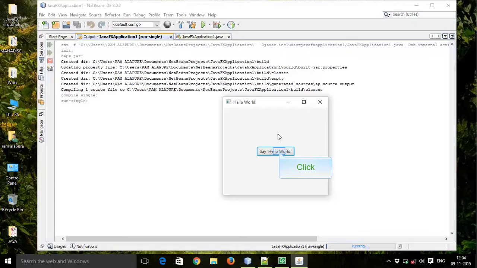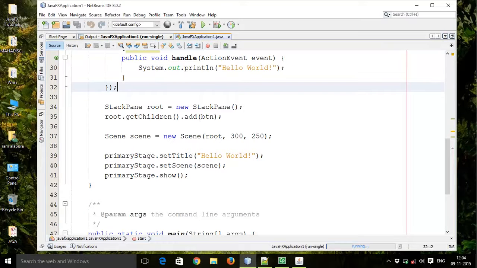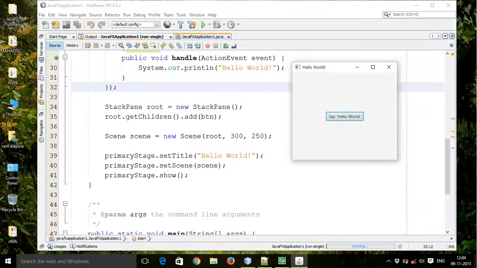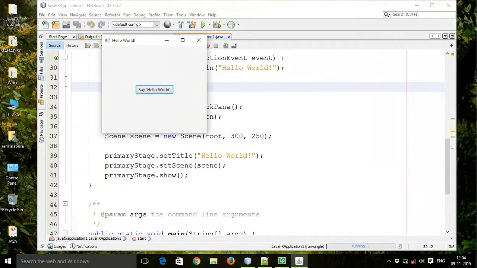By clicking on the Say Hello World button, it will print hello world on the console panel. This frame is set here with primaryStage.setTitle Hello World, and the scene is 300 by 250.